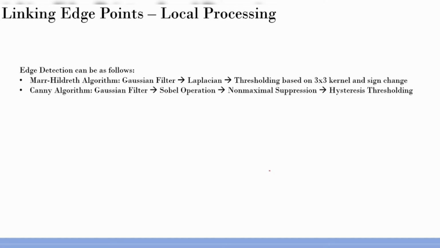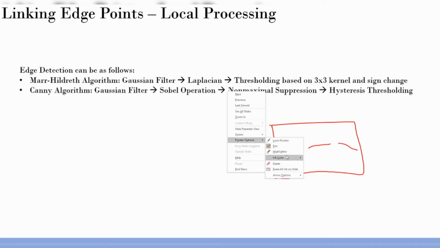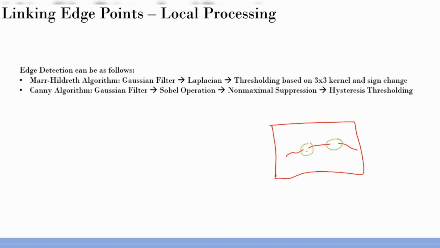Okay, but irrespective of the edge detection that you choose, you end up in a scenario that you have a lot of things like this. I'll just manipulate an image, so you may get something like this. The problem here is these gaps, right? Let's say you are detecting the bone in an image. You may end up getting all these pixels, but you already know that the bone is continuous, and you have gaps like this. That's what you want to fill up, and finally you want an image with a continuous curve or continuous line or continuous circle, for example, or continuous ellipse.